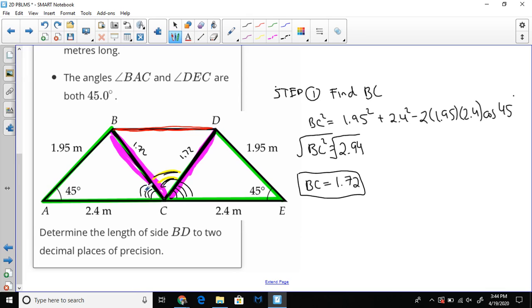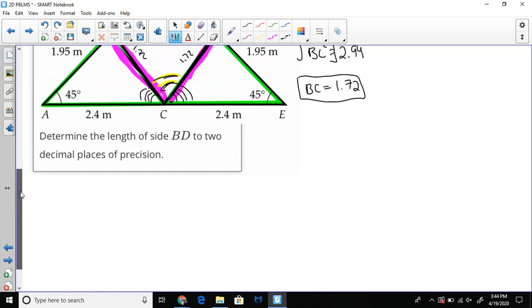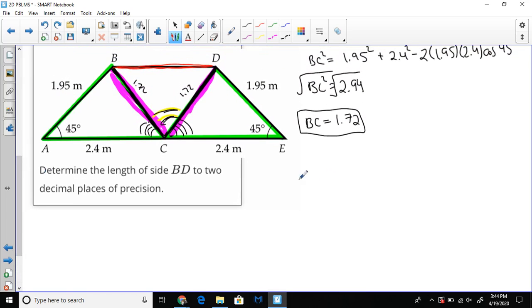So if I figure out this angle, then I can get the one in the middle that I'm looking for. So step 2,